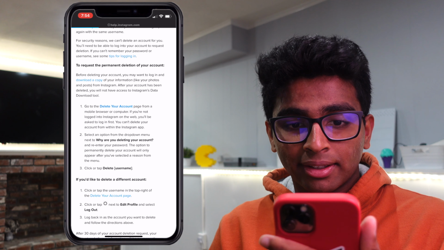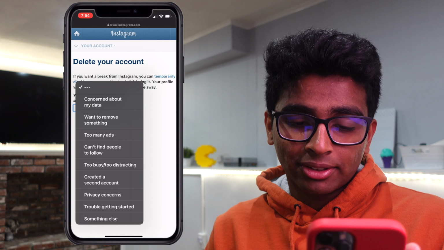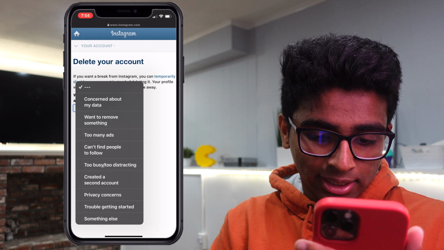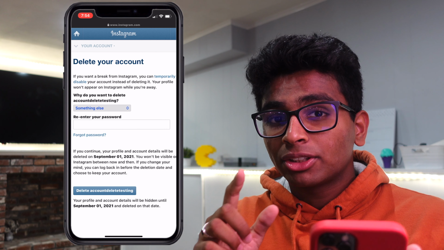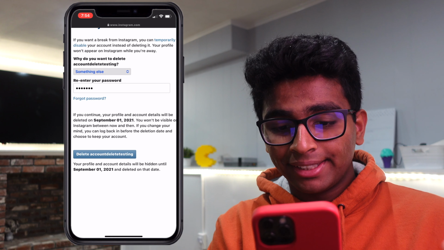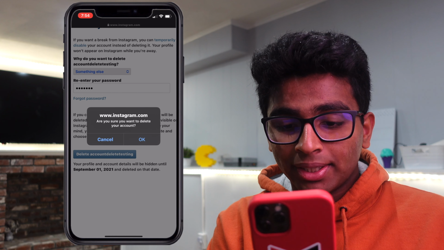You click that, and you have to give a reason why you're deleting your account, whether it's too many ads, too many distractions. I can just say something else, and then you have to re-enter your password. So I'm going to do that. Then you can click delete, and it's going to say, are you sure you want to delete your account? If you want to, you can click OK,